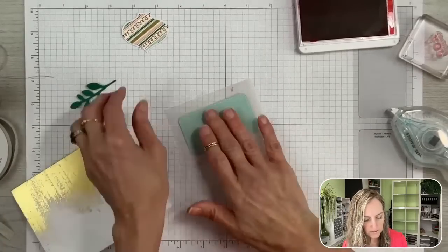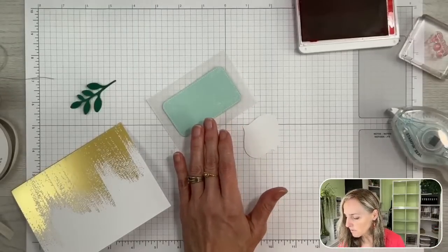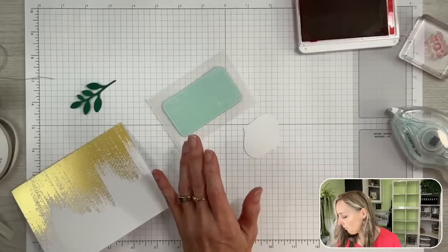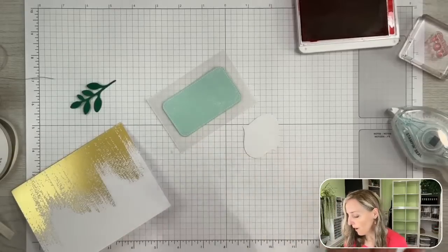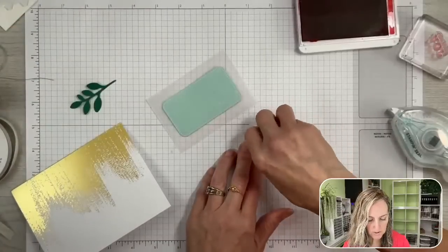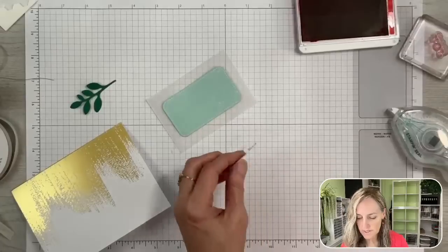Now we have that on there. We're going to take our punch. We're going to add that with some extra dimensionals. Remember, I said you're going to need extras, and they disappeared on me. They're here somewhere. Oh, here they are. Okay, so I'll just grab a couple extra dimensionals, put those on the back side, peel off the release paper,